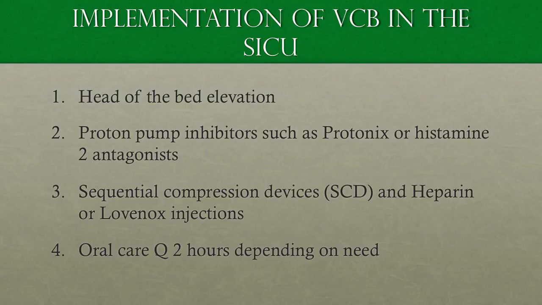Proton pump inhibitors such as Protonix or histamine 2 antagonists are great examples of how nurses in the SICU use and maintain peptic ulcer prophylaxis, which is used regularly in most ICU patients, but in all patients receiving mechanical ventilation. Sequential compression devices, or SCDs, and heparin or Lovenox injections are utilized as effective DVT prophylaxis in mechanically ventilated patients in the SICU. Oral care every 2 hours, depending on client need,